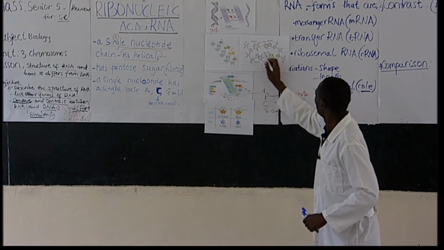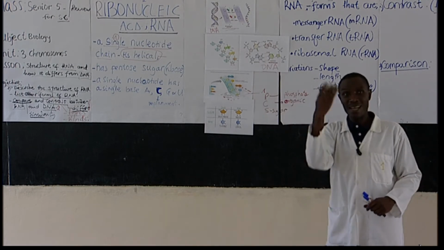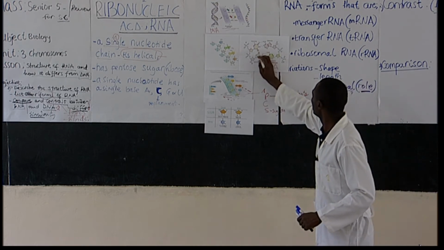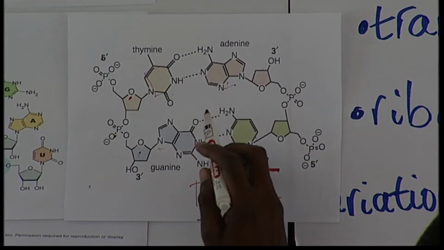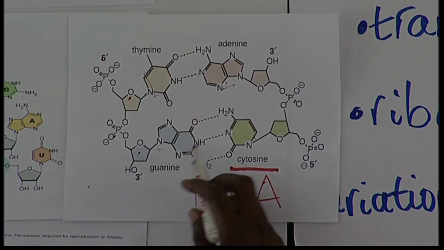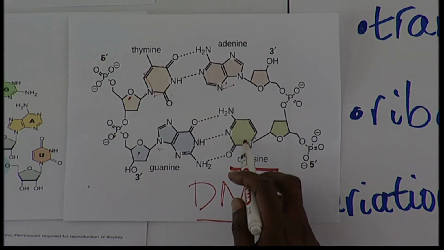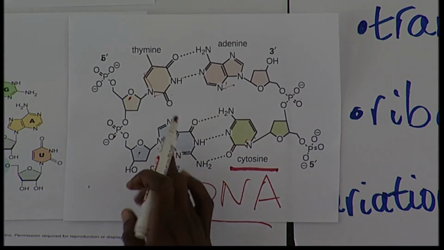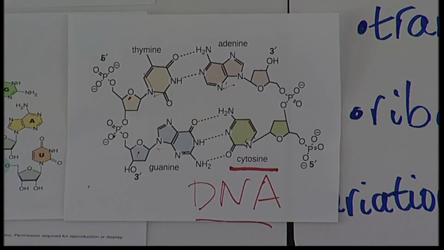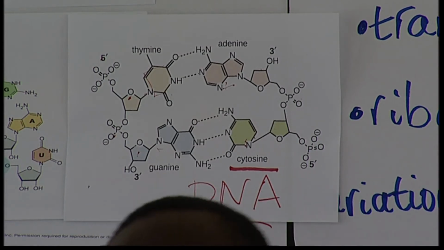The pair of bases, in which we said we have the large ones and the small ones. Single ring, double ring. So by comparison, therefore, this is expected to be bigger than this. Two rings, one ring. So small base, large base. Large base, small base. Now when it comes to the end, the RNA,